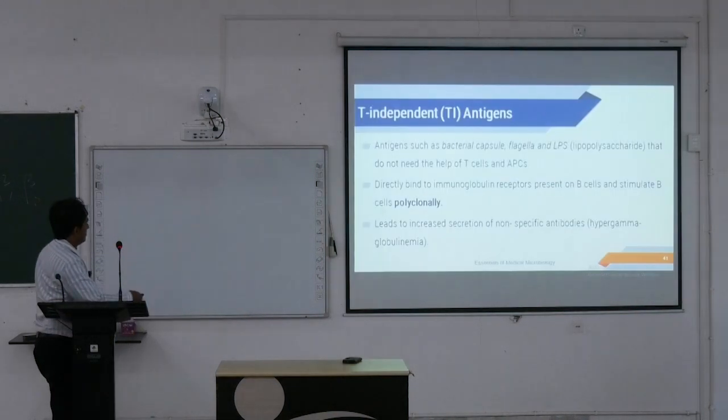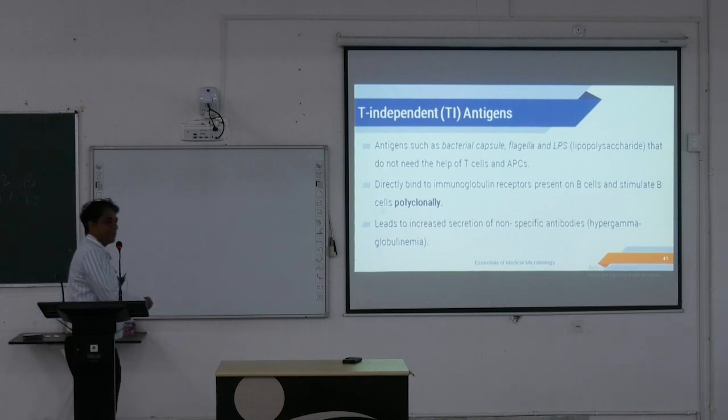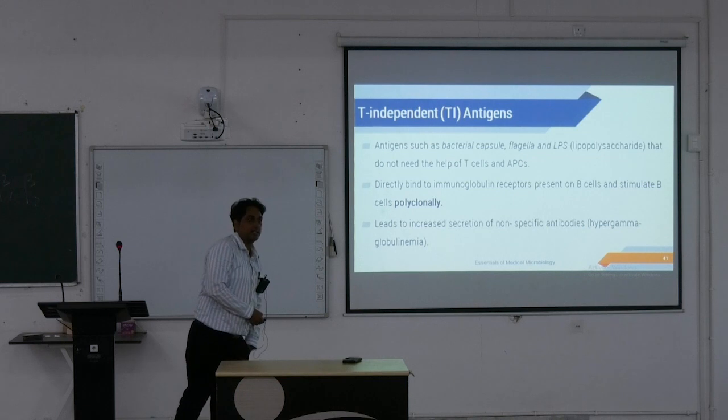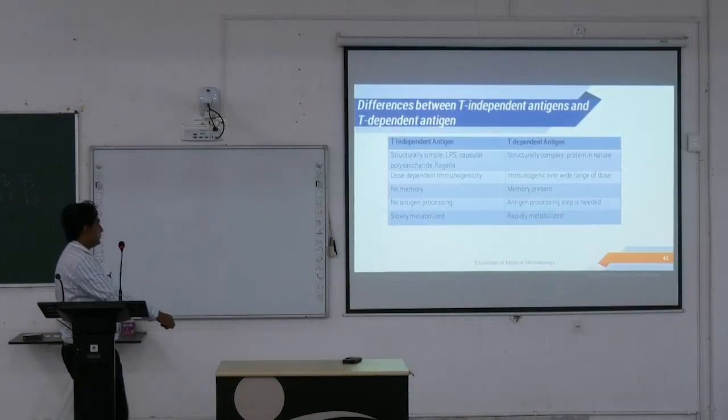বি সেল থেকে অ্যান্টিবডি প্রোডাকশন হচ্ছে। আর টি ইন্ডিপেন্ডেন্ট অ্যান্টিজেন কি? Antigens such as bacterial capsule, flagella and lipopolysaccharide that do not need the help of T cells and antigen presenting cells. কিছু অ্যান্টিজেন যেমন ব্যাকটেরিয়াল ক্যাপসুল, ফ্ল্যাজেলা, লাইপোপলিস্যাকারাইড, তাদের কোনো হেল্প লাগে না, তারা ডিরেক্টলি ইমিউনোগ্লোবুলিন রিসেপ্টরে বি সেলে গিয়ে লাগছে, অ্যান্ড বি সেলসগুলোকে পলিক্লোনালি স্টিমুলেট করছে। দ্যাট লিডস টু ইনক্রিজ সিক্রেশন অফ নন স্পেসিফিক অ্যান্টিবডিজ, হাইপার গামা গ্লোবুলিনিমিয়া। অ্যান্টিবডিগুলো হচ্ছে আমাদের গামা গ্লোবুলিন ফ্র্যাকশন, সেগুলো যখন ব্লাডে বেড়ে যাচ্ছে সেটাকে আমি বলছি হাইপার গামা গ্লোবুলিনিমিয়া।